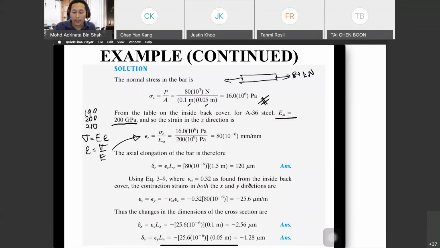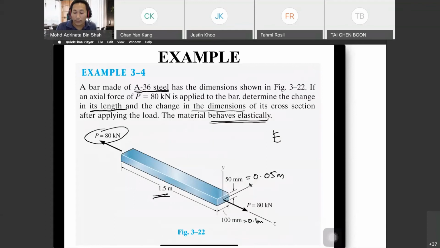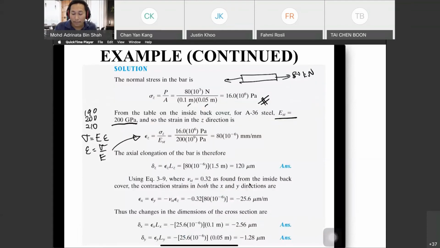Then we can calculate the axial elongation. The axial elongation, where we have the 1.5 meter, strain is equal to delta over L, and delta is equal to strain times L. Then we can calculate the elongation. After that,